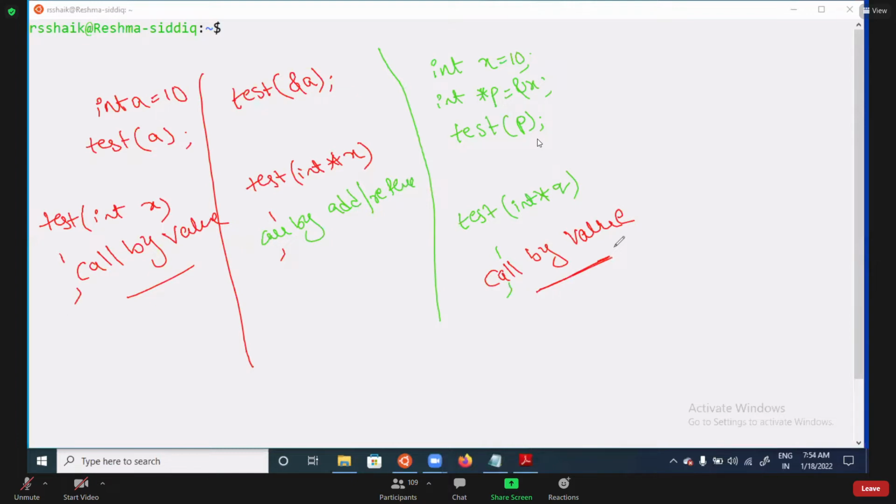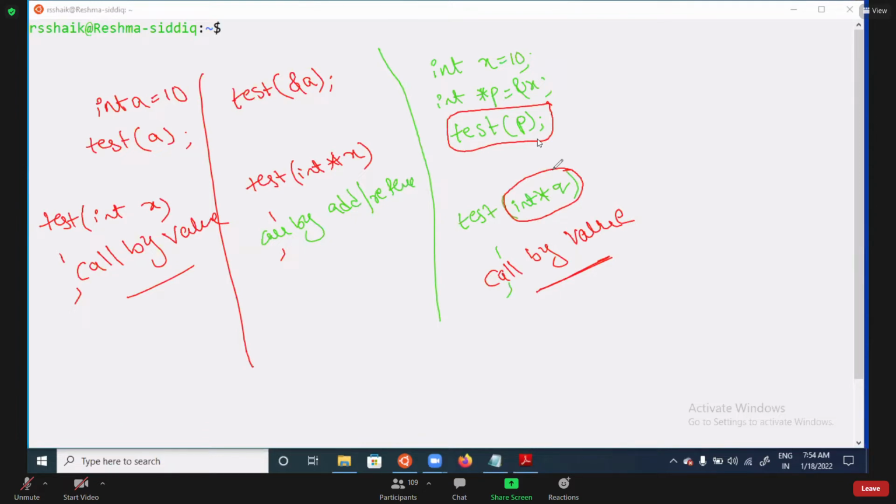Why call by value? Please try to analyze all of you. Whenever you are going for call by value and call by address, you need to decide according to the formal argument and actual argument only. You should not take along with other variables.